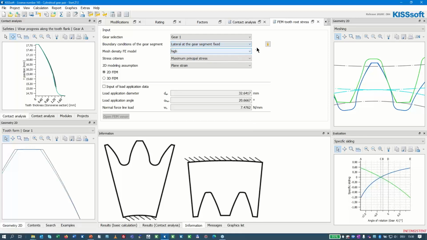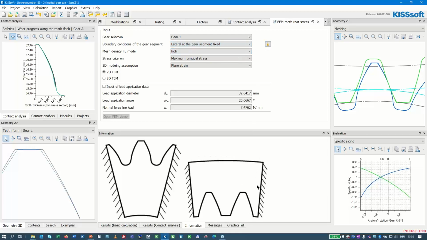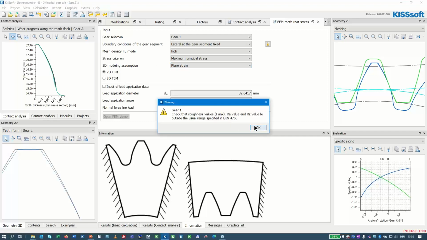Typically, it is on the side. I can choose a mesh density, a stress criterion, and whether it's a plane stress or plane strain model. Since we use a two-dimensional, flat model, I use plane strain. If I now run this calculation,